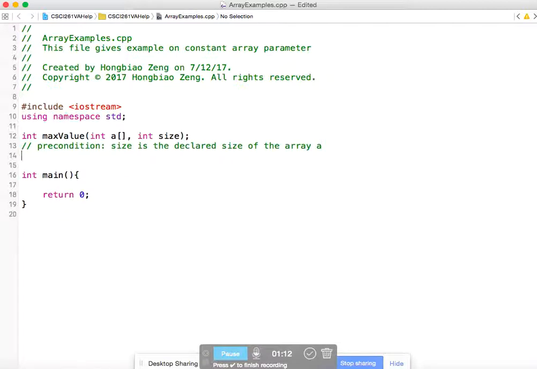Then also the array has been initialized. Also all elements in A have been initialized. Okay. Then the postcondition. The maximum value, the largest element value is returned. That means after you call this function, you will know what the maximum value in